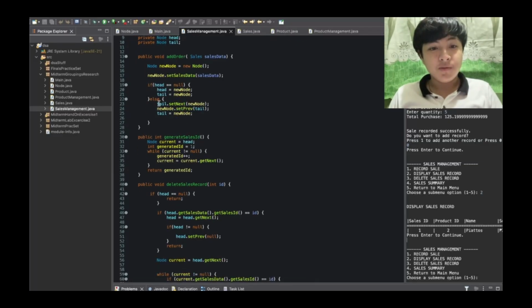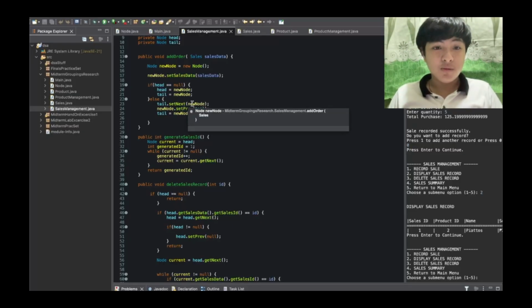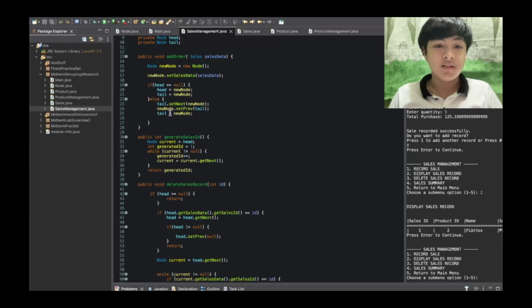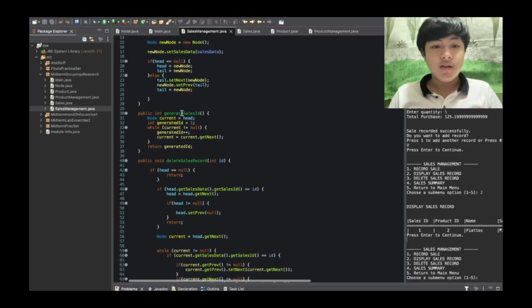Now let us move to else, and this one is tail set next to new node. So we will go to the next node, and this new node will set its previous to tail, and tail is equals to new node.